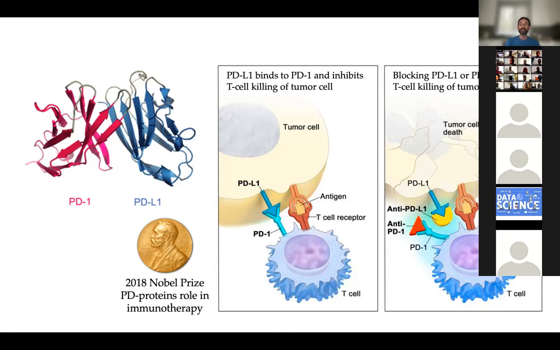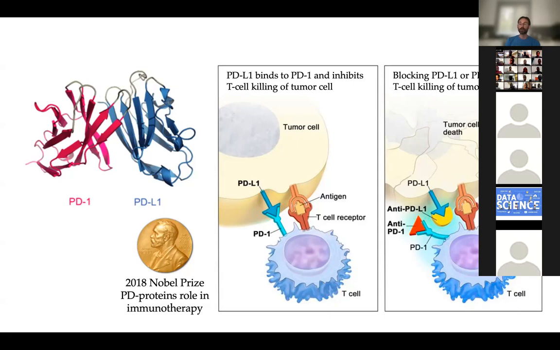cancer cells sometimes express a protein that inhibits the T cells, and this is a necessary mechanism because T cell is stupid. So the immune cells, that's their way of distinguishing between harmful and our own body tissues is this protein that tells don't attack me, I'm a friend and not a foe. And so cancer pretends to be a healthy cell. And the idea of immune therapy, you block some of these proteins. So this is called the checkpoint immunotherapy. And this way you give control back to the immune system, and it allows to destroy the cancer cells.